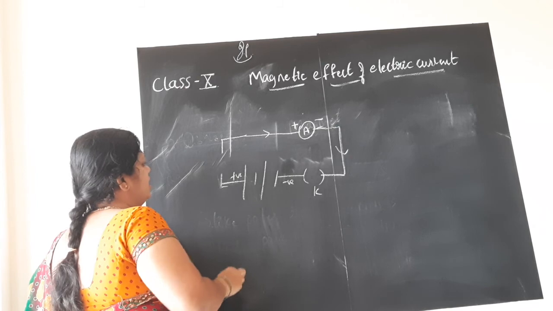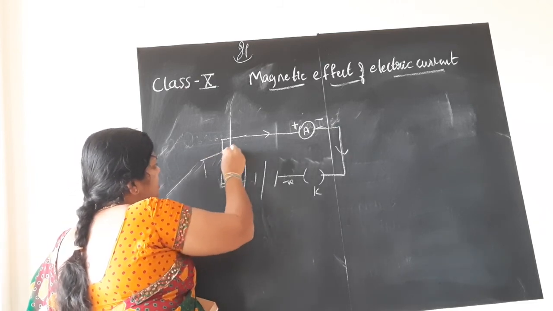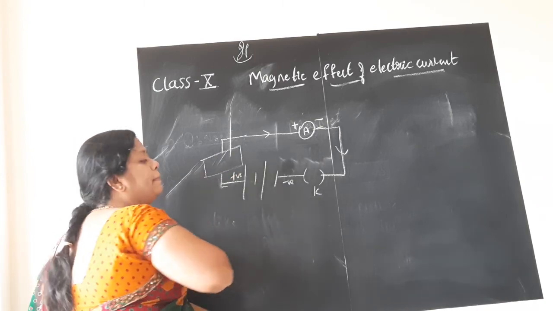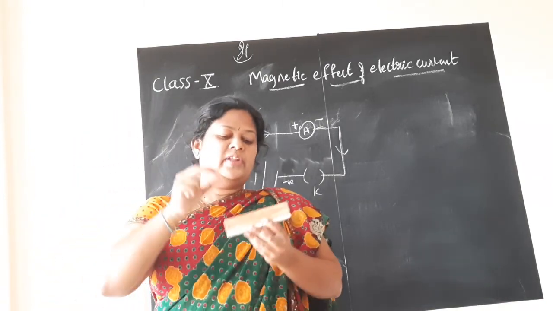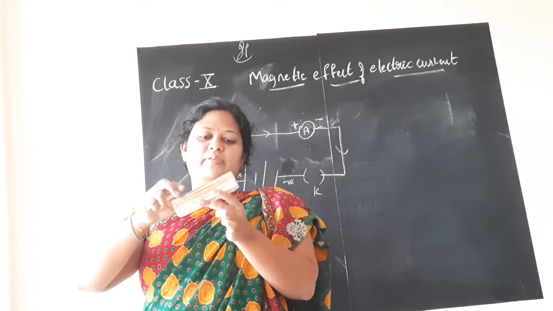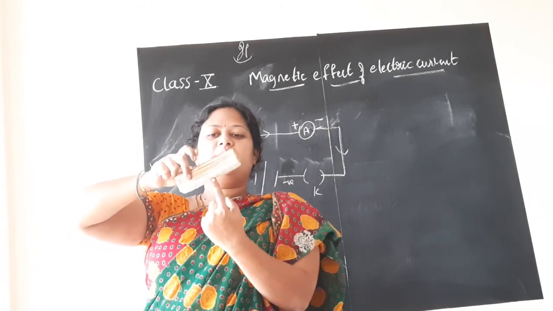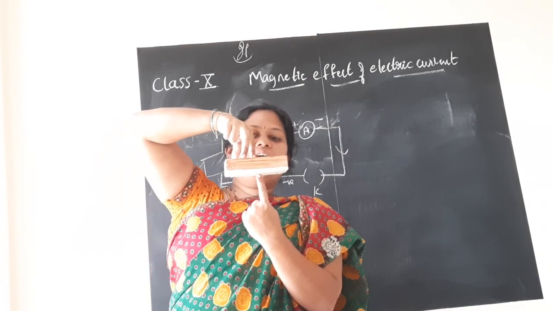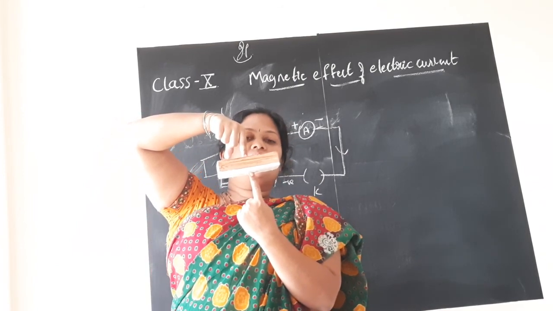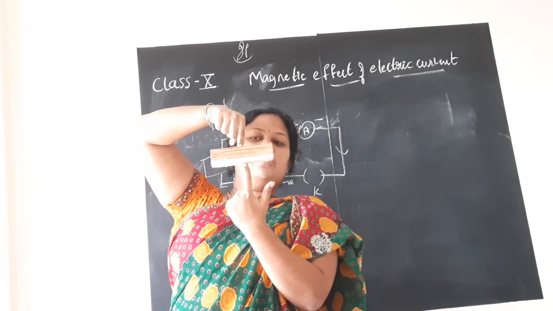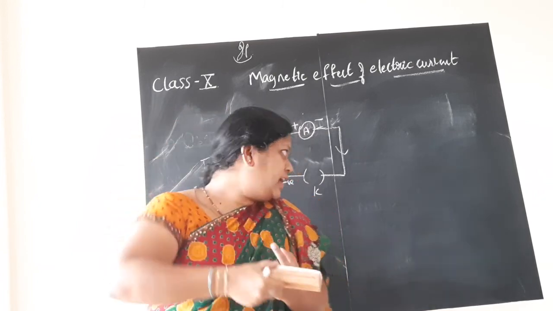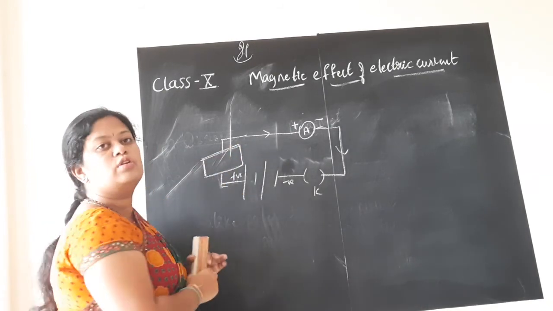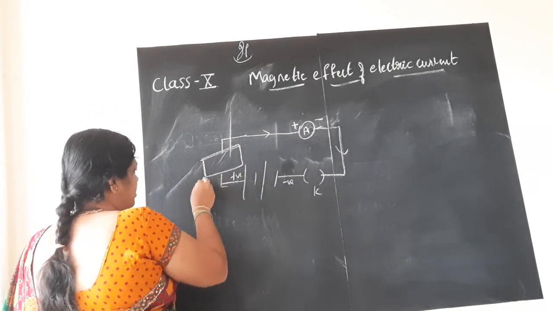Now I will disconnect the wire here. What I will do here is, I will place a sheet of paper and keep it there. Understood? This is a sheet of paper, you imagine. My fingers are the copper wire now. Like this sheet I have kept. I am connecting these two ends of the copper wire to the sheet of paper here. I am very good at drawing now. So you know that this is the sheet of paper.